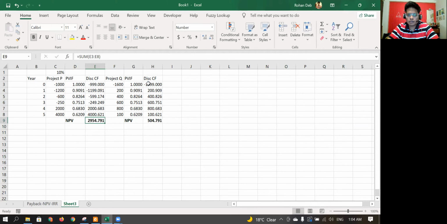Okay, so in this case the NPV of the first is more than the second one. The reason is simple: in the first one the cash flow is staggered, so the cash outflow is also staggered. So the cash outflow is getting discounted, and the cash inflow is later, so it is getting discounted by a higher rate. So that's why the NPV is also low. Anyways, I hope you understood this thing.